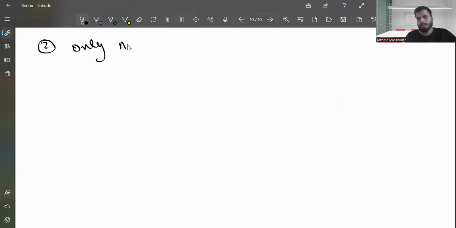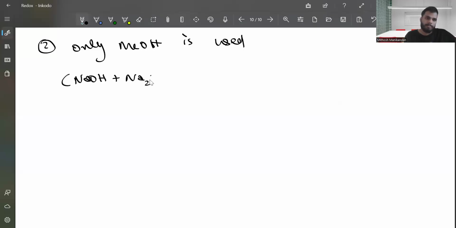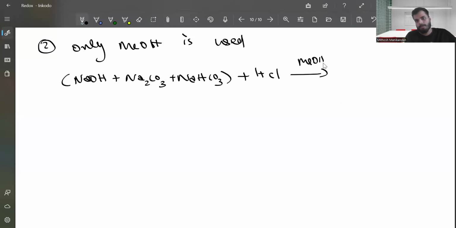Only MeOH is used, right? So you have the solution again, NaOH plus Na2CO3 plus NaHCO3, with HCl. At the second equivalence point, 100% of NaOH will be reacted, 100% of Na2CO3 will also be reacted, and 100% of NaHCO3 will also be finished. Okay, so here you can write